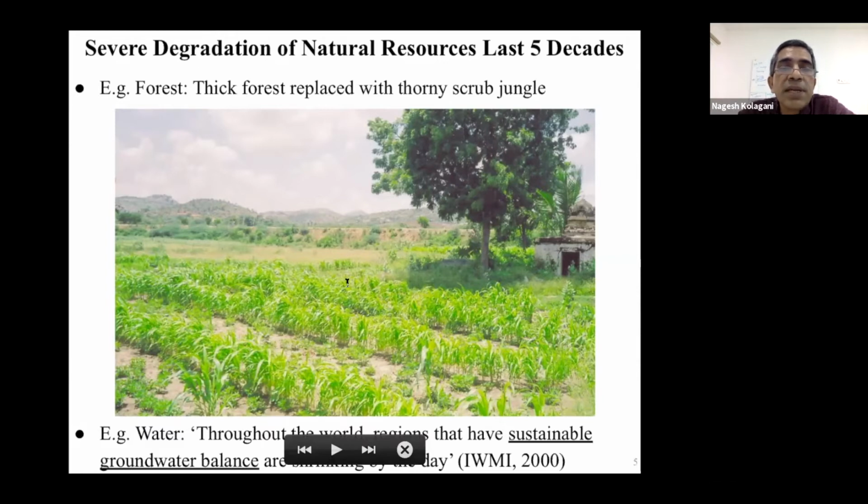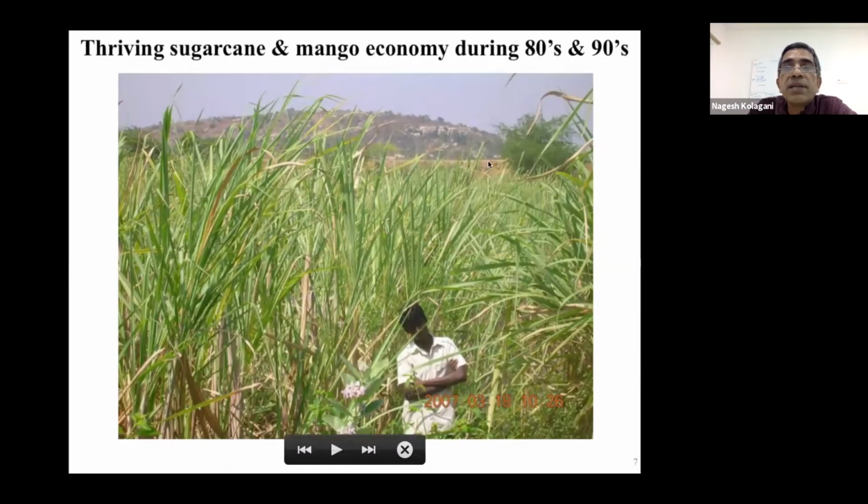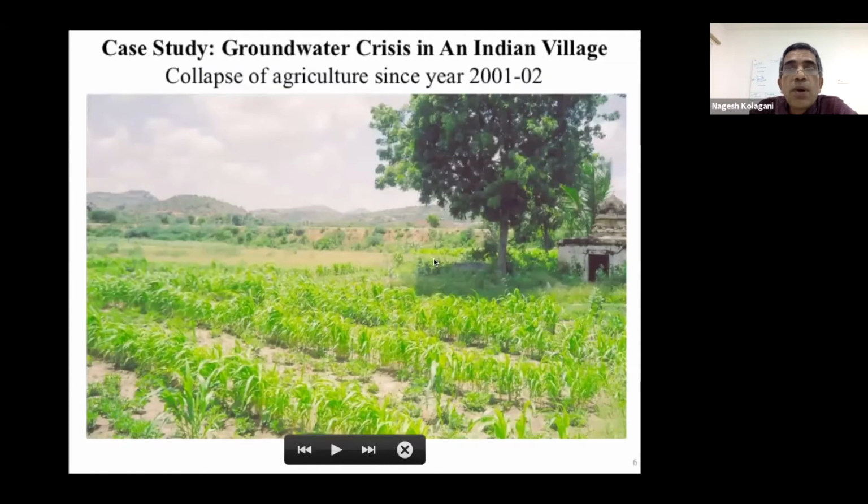So for example, here, this area used to be full of sugarcane. Okay, so for example, this is how it used to be. It's the same bund that you see at the back. You could never see the bund. Whereas now, there's no water to grow sugarcane anymore. It's either fallow or they are growing low income millet kind of crops. This is jowar, sorghum, I don't know what it is called, some kind of millet. And there's peanut, groundnut. Right? These are rain-fed crops.